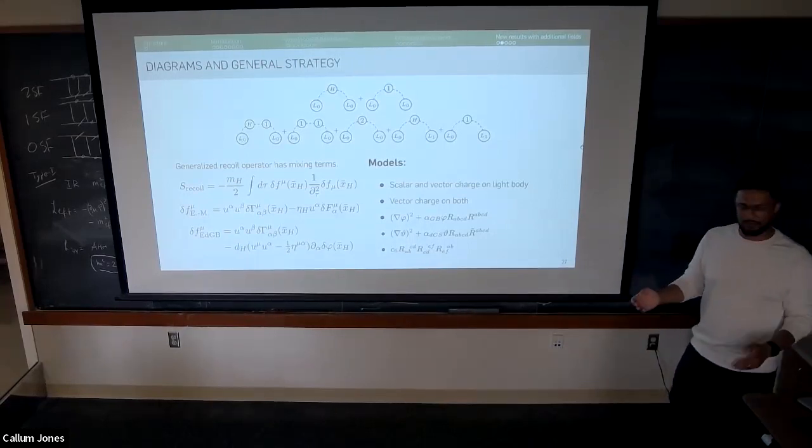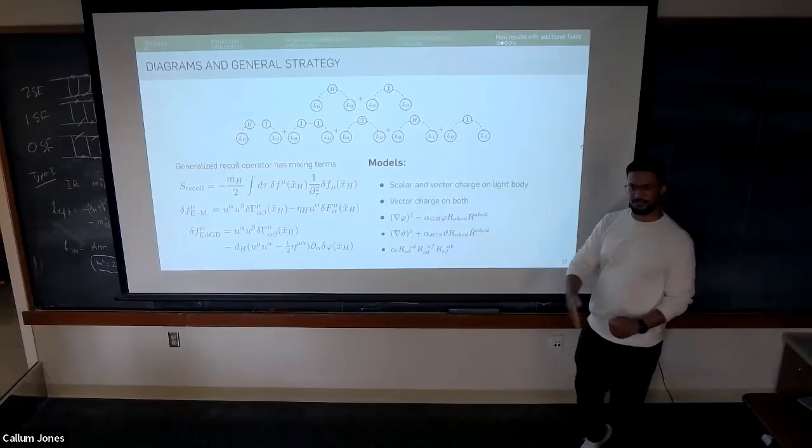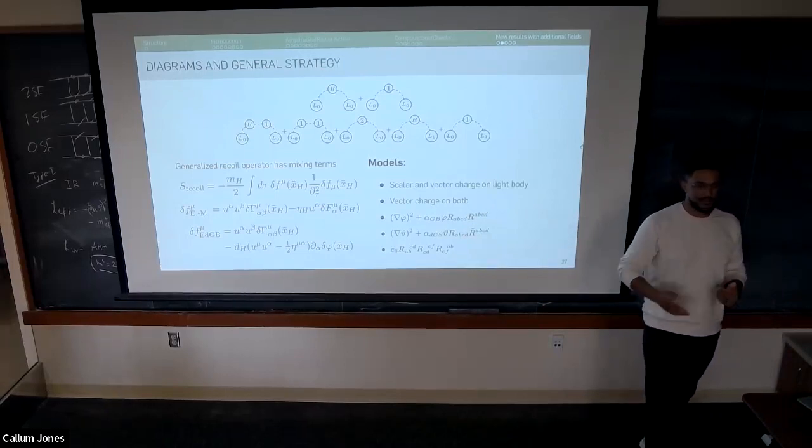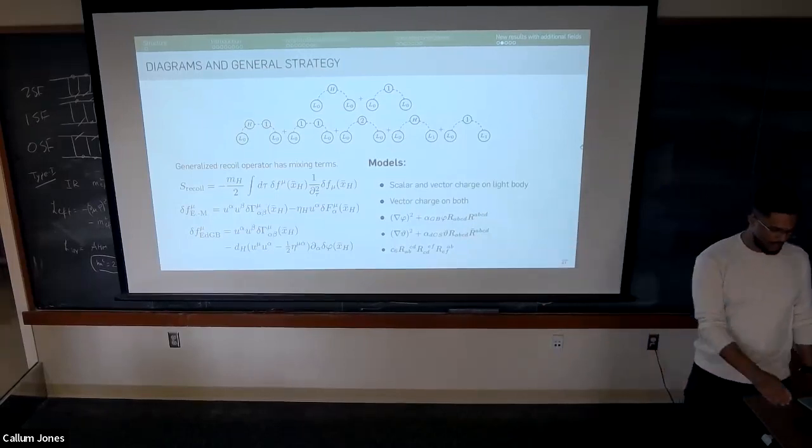In principle, that might be difficult, but if you're interested in knowing the metric up to some finite order in G Newton, this is just a couple lines of Mathematica. It'll just spit out the metric to whatever order you want. And so,